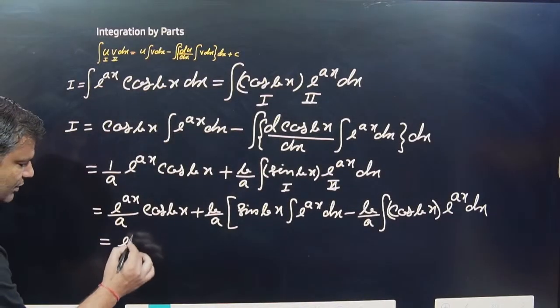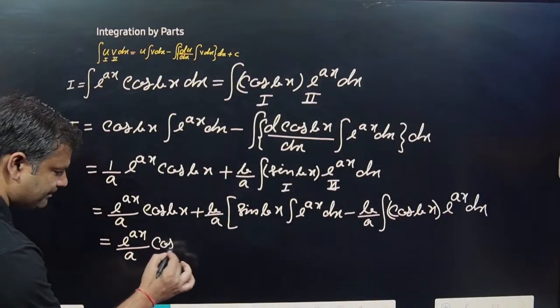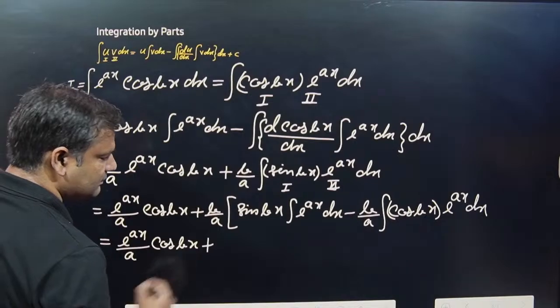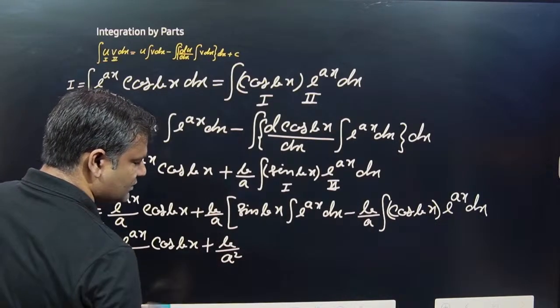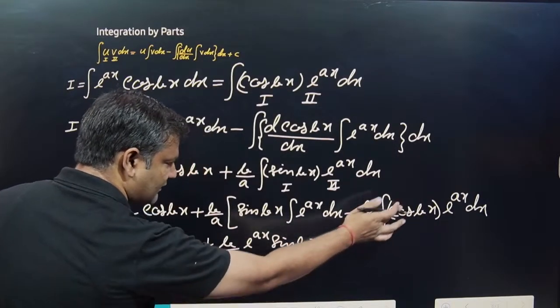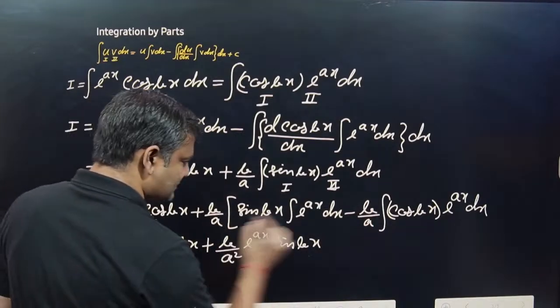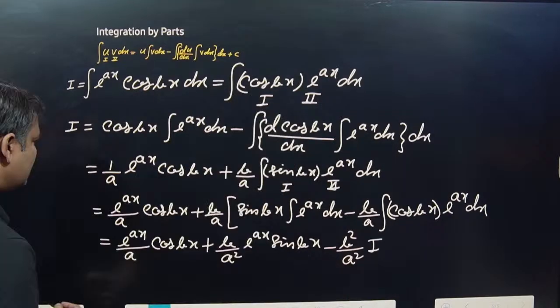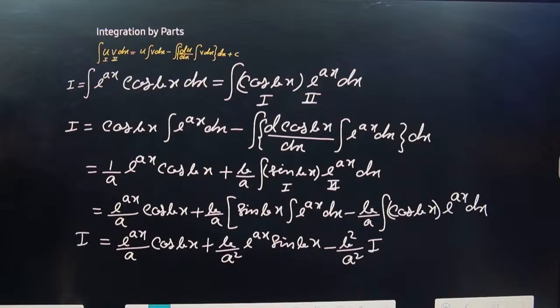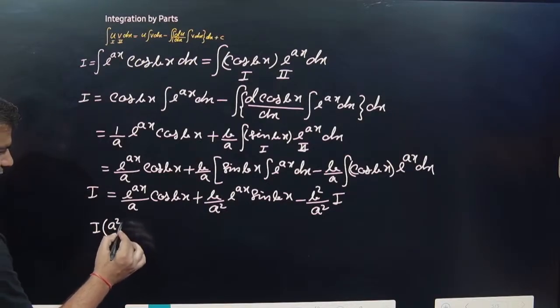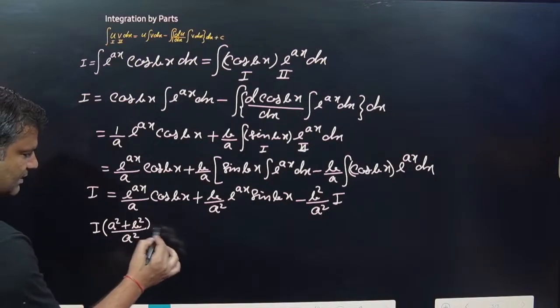So now look here, e to power ax divided by a into cos bx plus b by a, so basically b upon a square into e to power ax into sin bx, and that one is I. And also multiply here b square upon a square into I, and that one is I. So you can say that I into a square plus b square upon a square is equal to